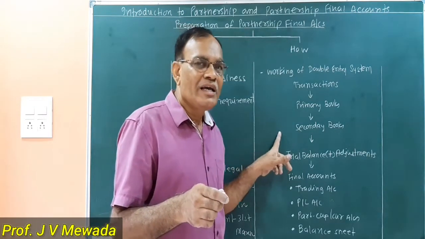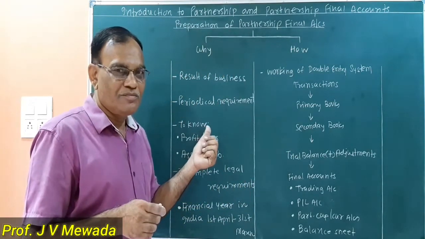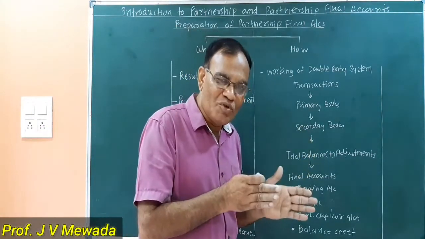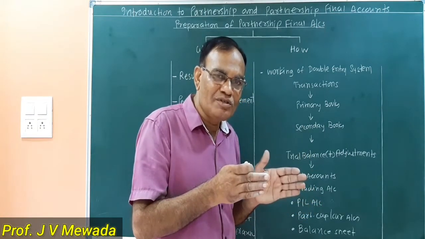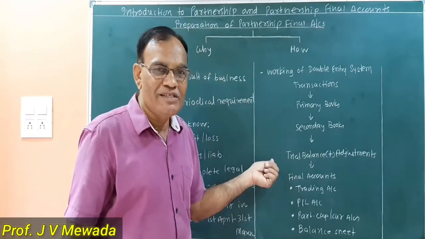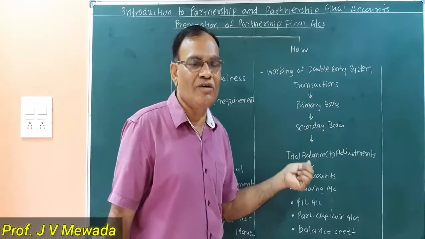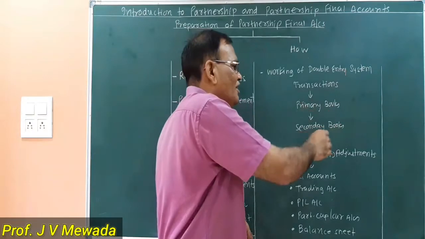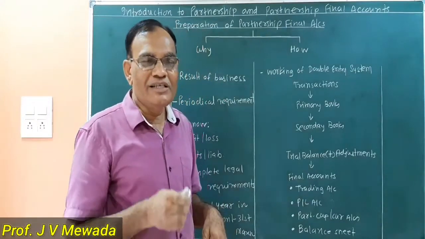And as we have decided to close the books at the end of one year, as a periodical requirement, at the end of one year we are closing the books of account, means we are closing all the ledger accounts, and the balances of ledger accounts are recorded in a trial balance. So now what is trial balance? Trial balance is a summary of the balances of ledger accounts. In other language, we can say that the total summary of the transactions is given in the trial balance, and at the same time